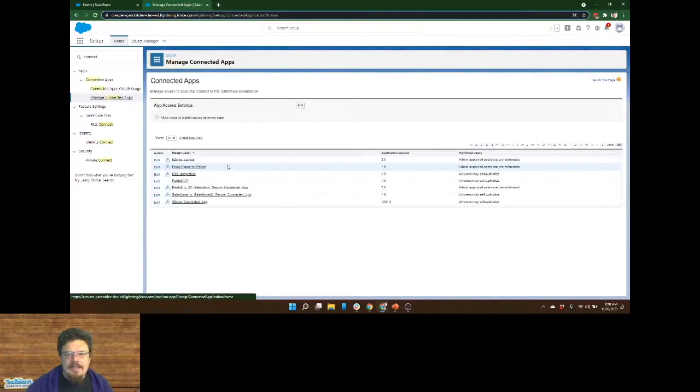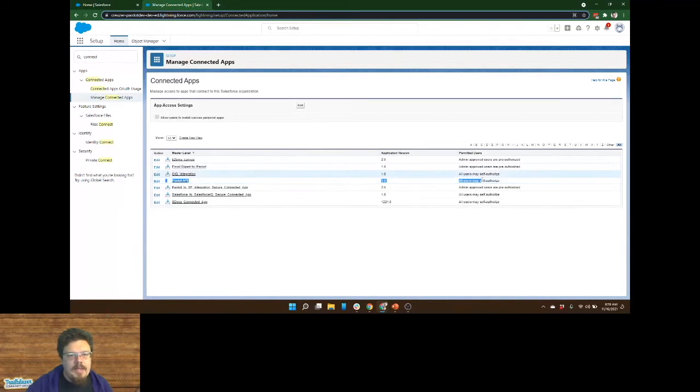I can see I have a couple Pardot API things built in here, right? So Salesforce, Pardot to Salesforce integration, secure connected app, that's built in. We don't use that. See the little blue icon tells us it's from a managed package that's installed.